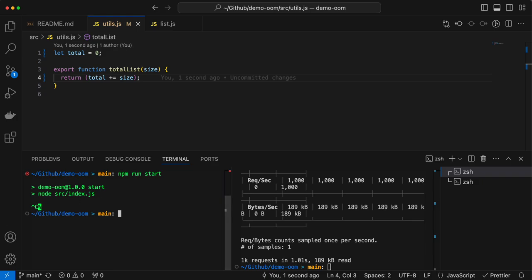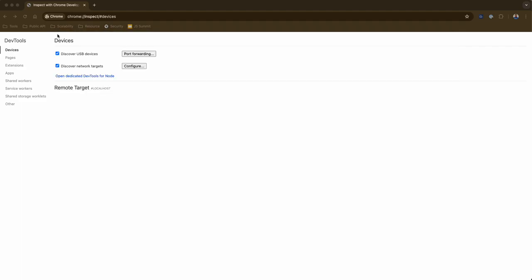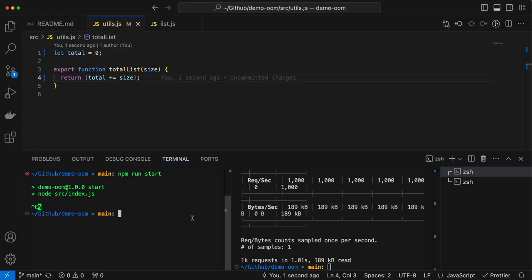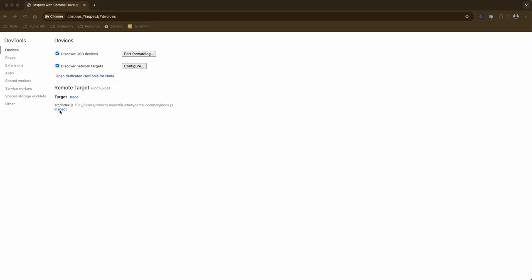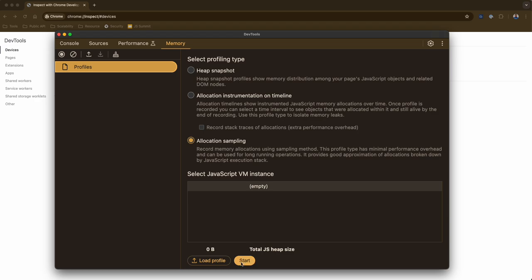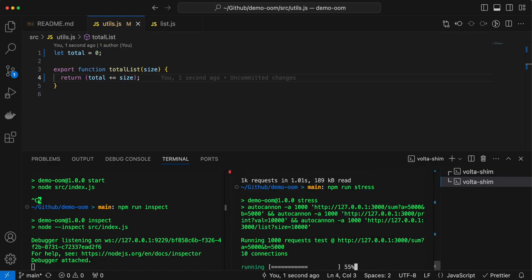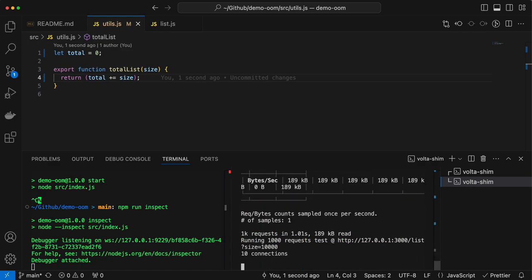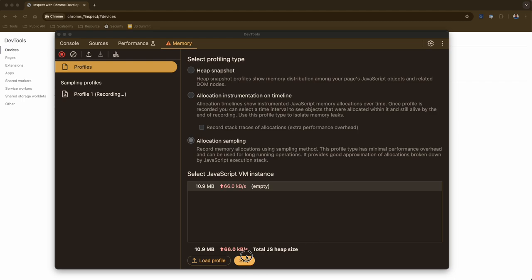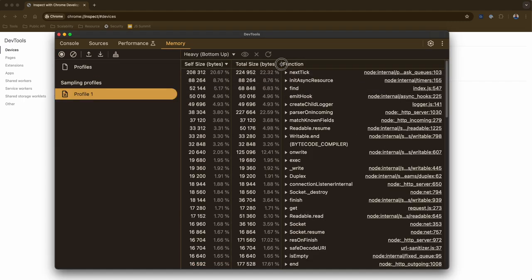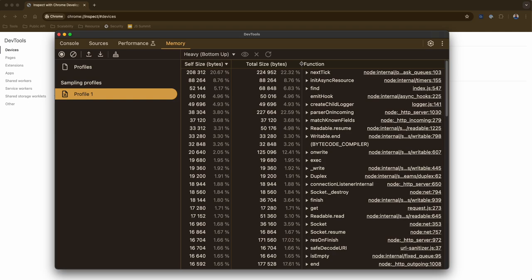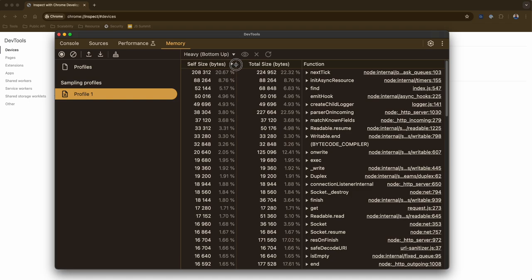And similarly, if we go here, let's close this. We don't have any remote target right now because we have not started to inspect our app yet. So let's do that. Let's inspect the app, start the heap profiling, and run the stress test again. Nice. We can stop it. And now you can see that the totalList function from utils is no longer in the top functions